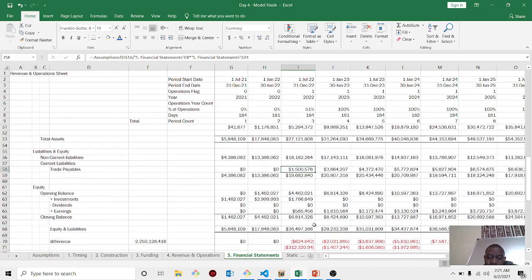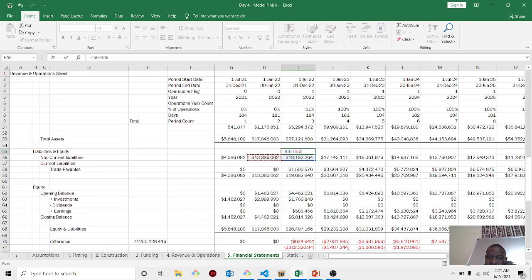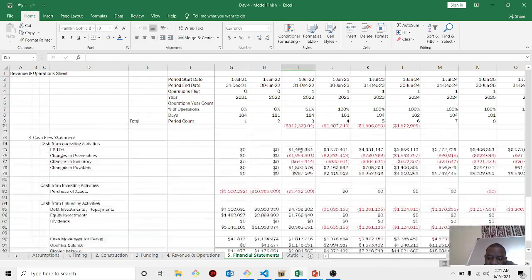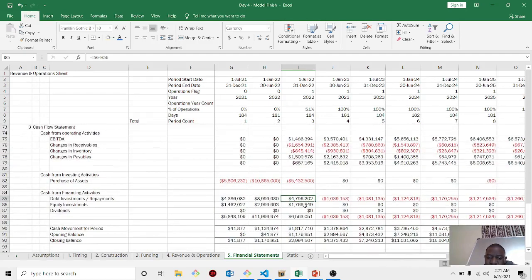So my problem is here, or is it? Or it could be in the non-current liabilities. Let's see, the non-current liabilities, I'm supposed to have a further 4.7 million, and I have a further 4.7 million,